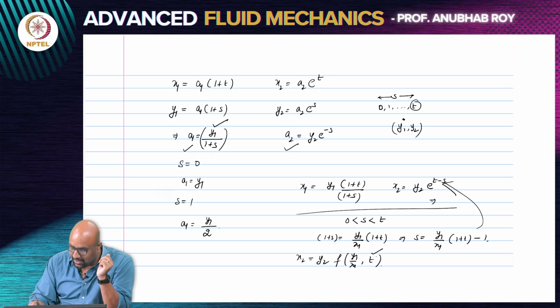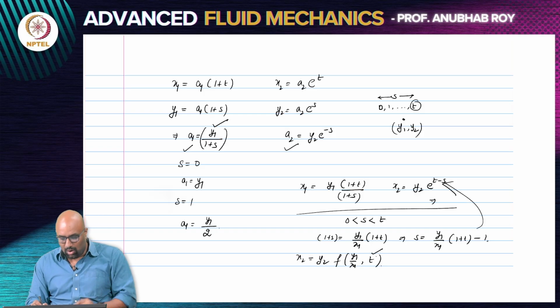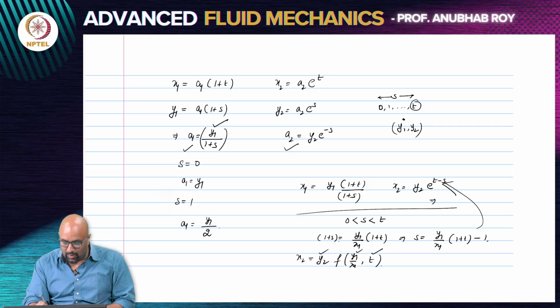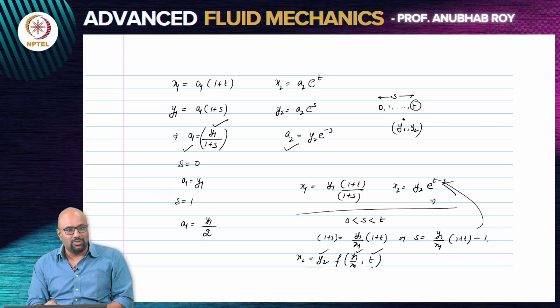So once you fix your t, you say at an instant, let's say 10 seconds, what was the equation for the streak line that started off from the point y1, y2? This is what the curve will actually be. And you can see with the expression that you have, it has no resemblance to your path line equation, no resemblance to your streamline equation. So the three are going to be in general completely different if the flow was unsteady. But this is what conceptually it means.